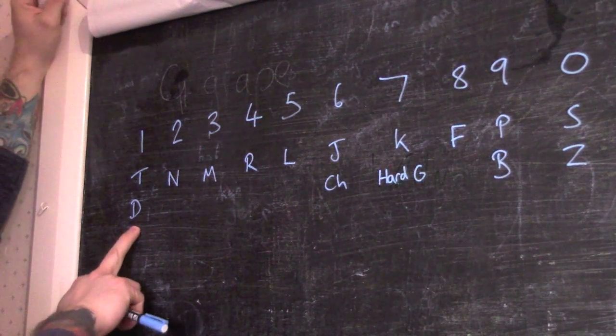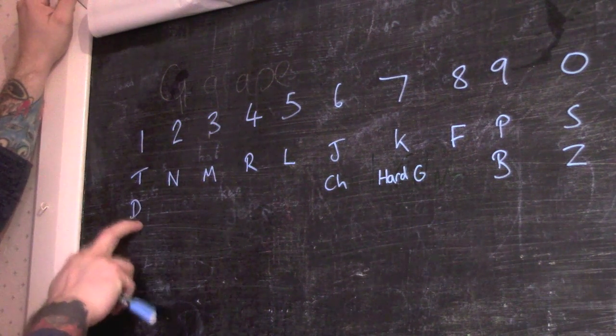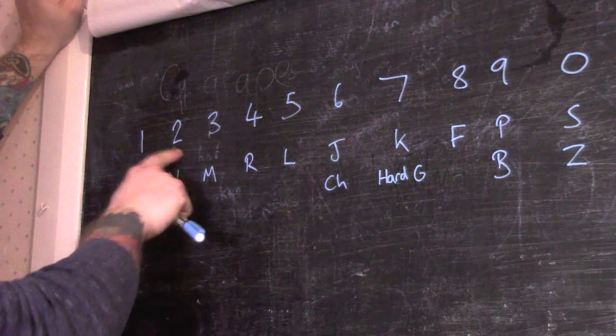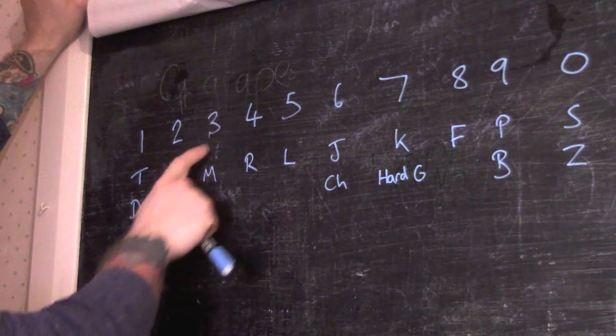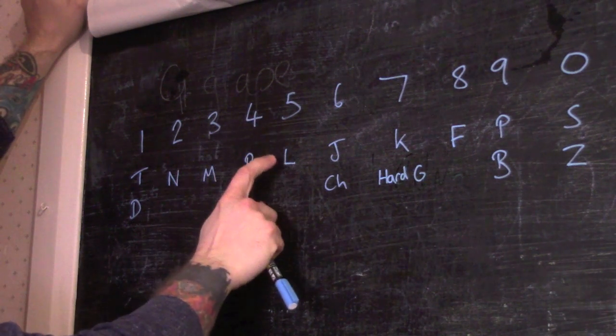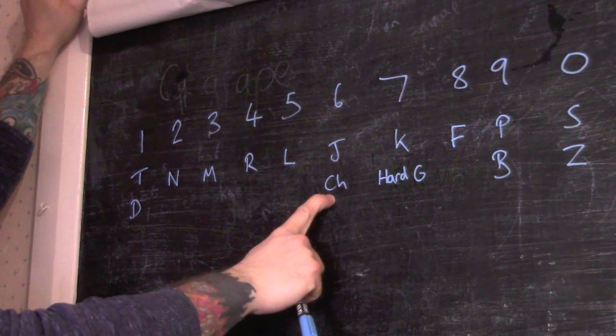The word "do" would also represent the number 1, because it starts with that T or D sound. 2 is represented by N, 3 by M, 4 by R, 5 by L, 6 by J or Ch,